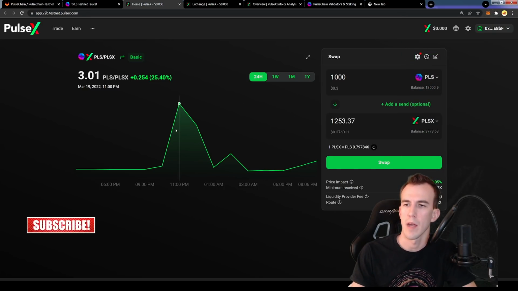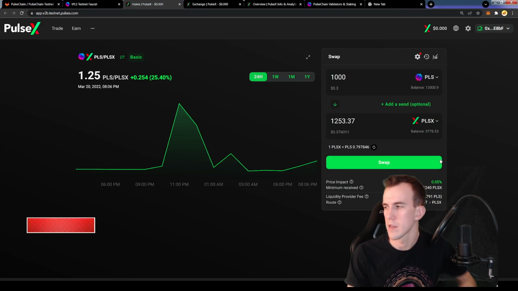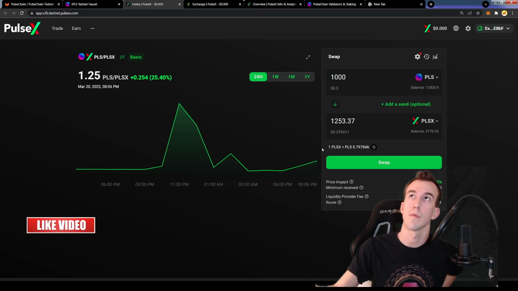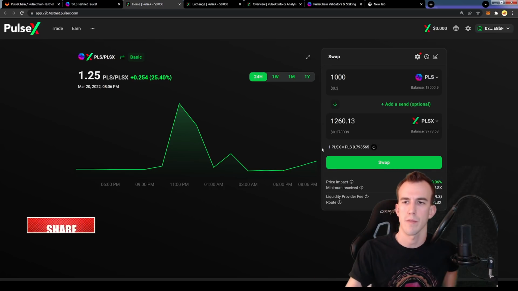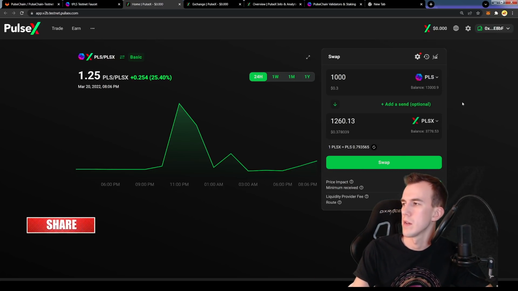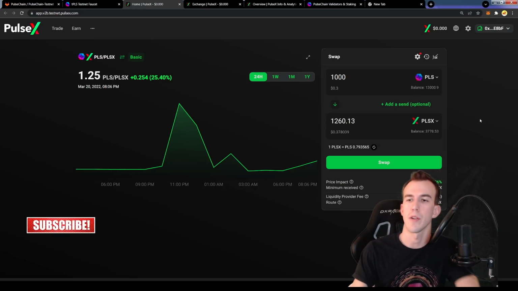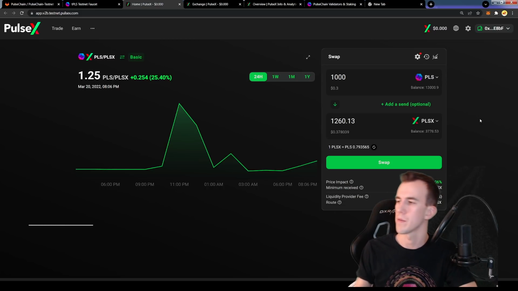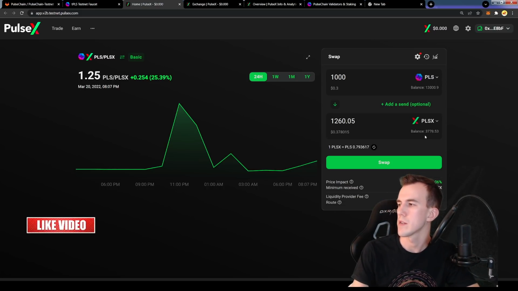Sweet. So now we got our PulseX. It cost us almost nothing. I didn't even check the cost, but I checked before and it was like 0.0011009 or something pulse to do that trade. Well, not the trade, because that cost 1,000 pulse, but the amount of pulse I paid in the transaction fee was very, very little. So now I just gained 1260 or whatever PulseX.